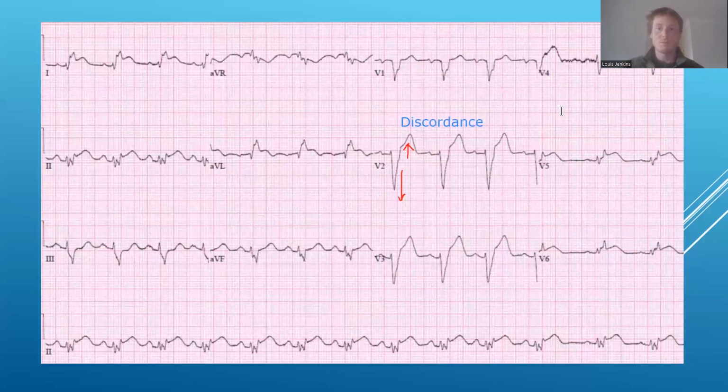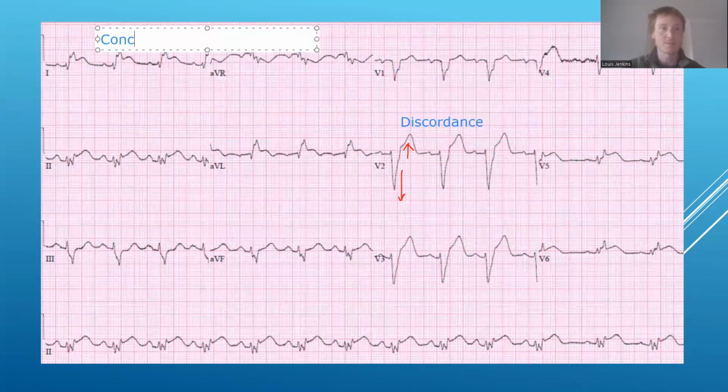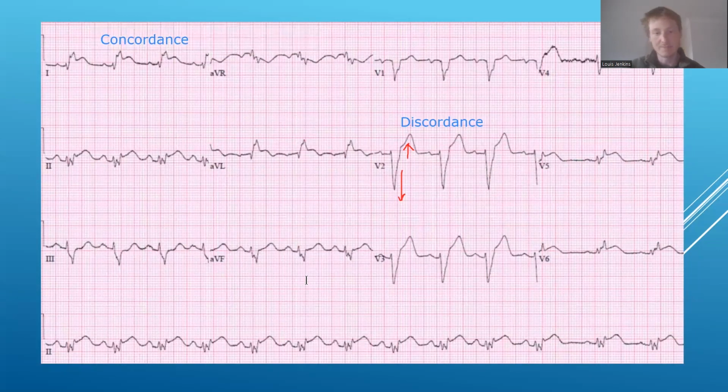So we can also have what's called concordance, okay? Concordance is when the QRS complex and the T-wave are both heading in the same direction. They're concordant with each other, okay? And if we take some time to try and spot the concordant leads here, we've got quite a few leads where we've got some concordance. For concordance, I think I spelled that right. I could be wrong, but in lead one, here's an example of concordance, because we have an